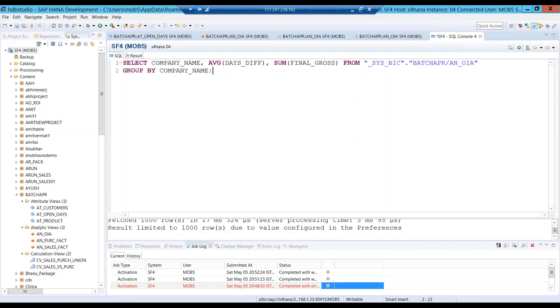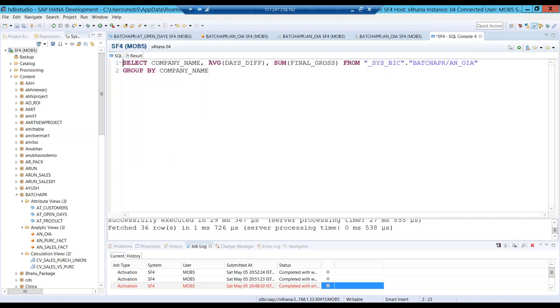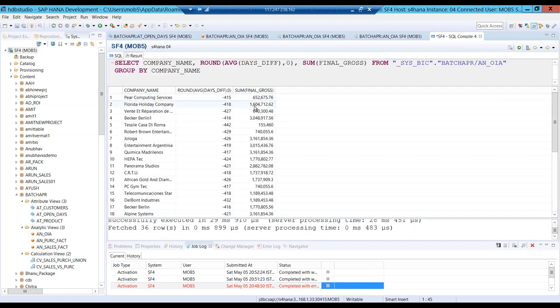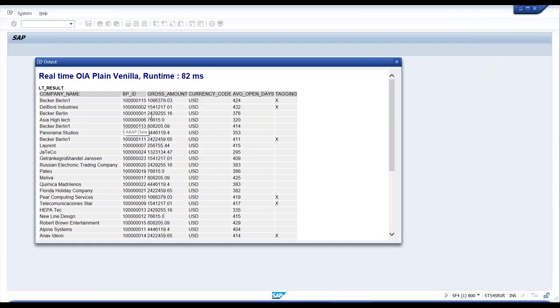That's it, guys. What Mr. James needs, execute it. And maybe I need a round off of this average because it's going in high decimal values. Execute, and there you go. Now you see the value 1604712. Let's go to ABAP and check this value for the customer,